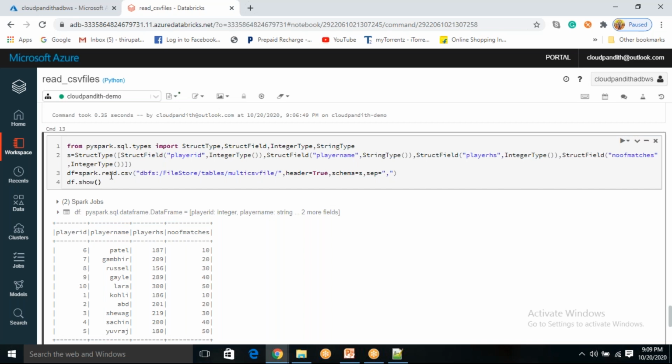Now, your next question: every time we are mentioning it, why do we mention it every time? Because it's fixed. When you say customer data, you will have a fixed number of columns. Whether you are loading today or tomorrow doesn't matter. It is not going to change the number of columns and schema. It is always the same. You are going to define a user defined schema only once, and whenever you process, you are going to use the same schema.